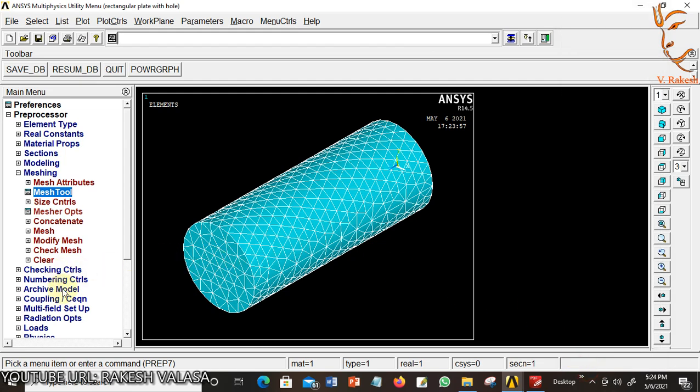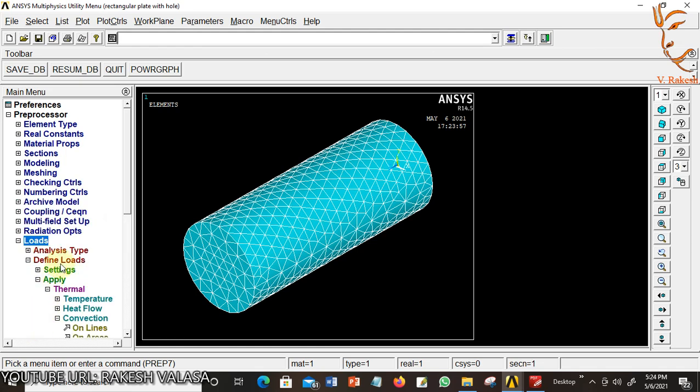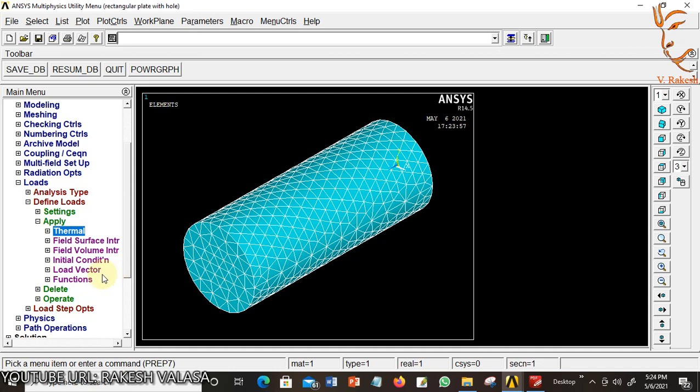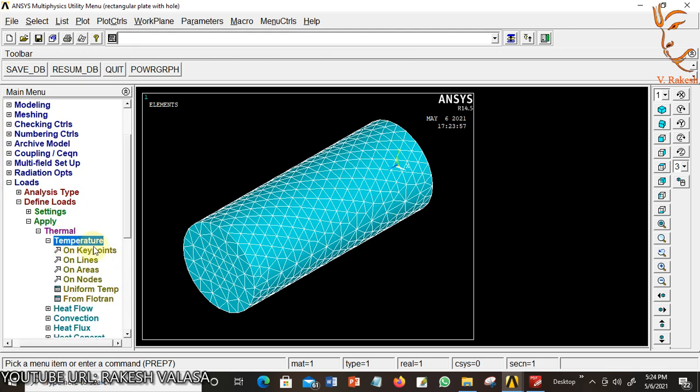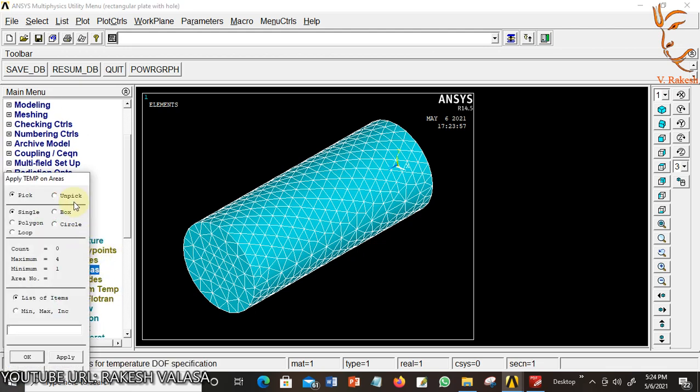The next step is to apply the loads on this model. For applying loads, I am choosing loads, define loads, apply thermal, temperature on areas.